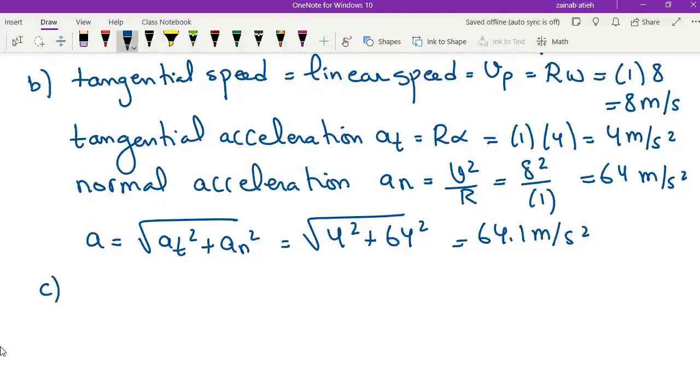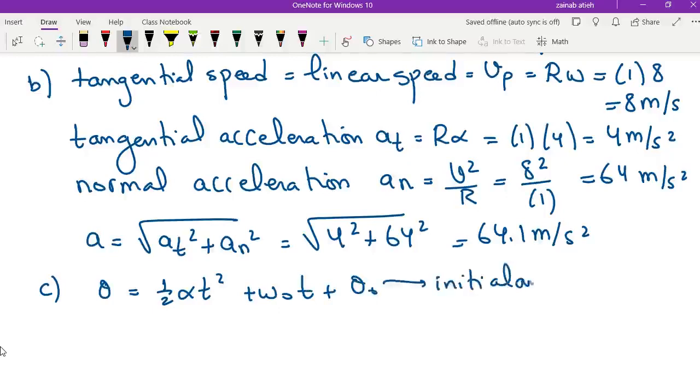So we have to use the formula theta equals half alpha t squared plus omega 0 t plus theta 0, where theta 0 is the initial angle. An important thing about these formulas: never use degrees. Anything where you see theta by itself, not cosine theta or sine theta or tangent theta, never use degrees, always radians. So he gave me the angle